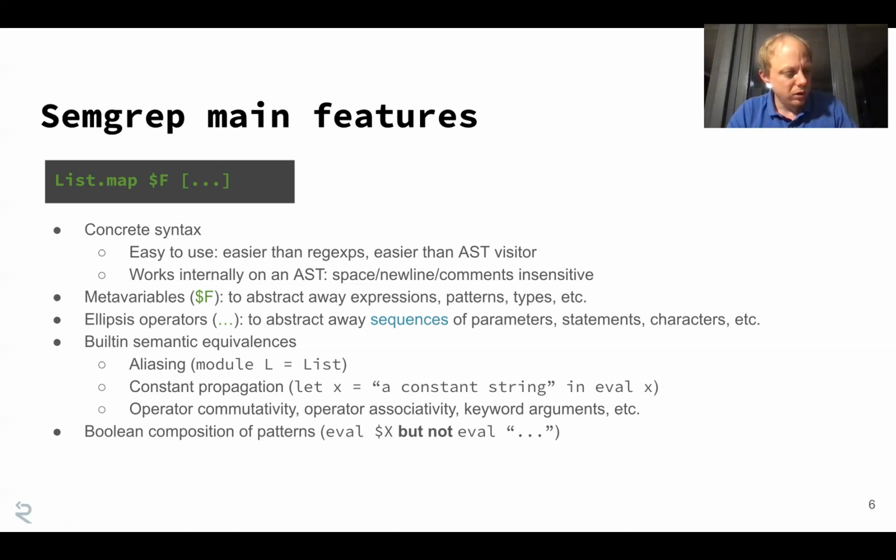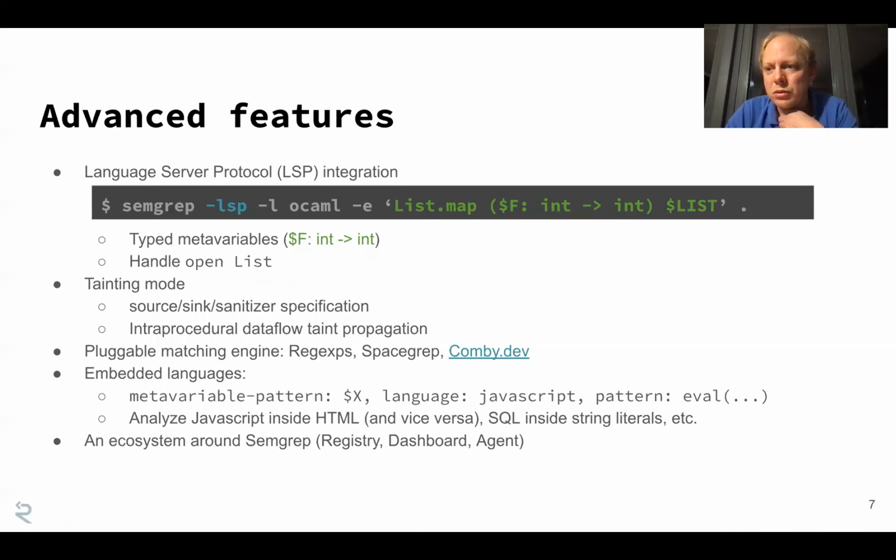And so, a few advanced features of Semgrep. There's limited time, but an important feature that works only for OCaml, because it's a prototype, is to use a -lsp flag. In that case, Semgrep will communicate with OCaml LSP, the language server for OCaml. Here you can write more complex patterns like List.map, where the function argument must have this type: take an int and return an int. So you can use types and metavariables in OCaml rules.